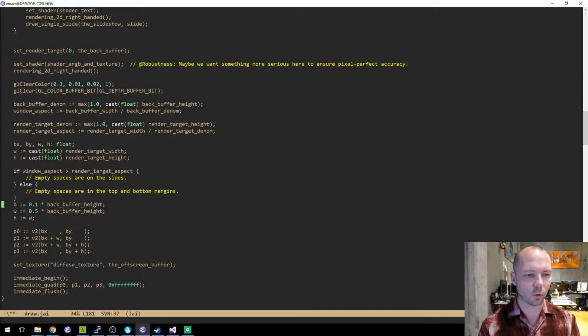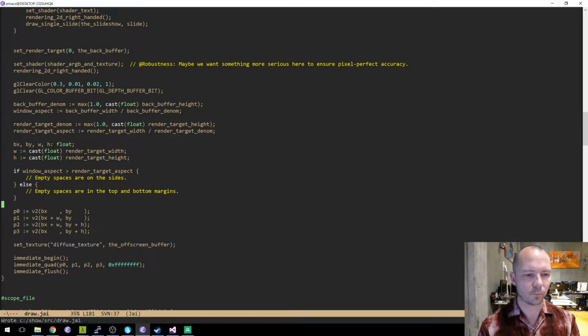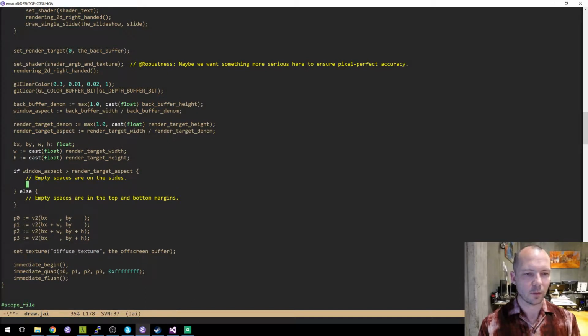All right, so we're just going to say bx equals a half of floor of a half of, because we don't want to draw a half pixel off if the window size ends up an odd number, of back buffer width minus render target width, right?